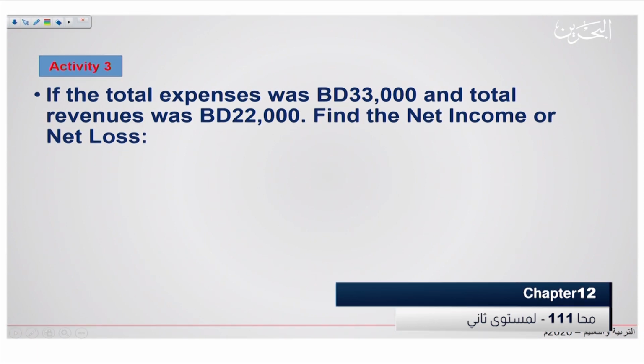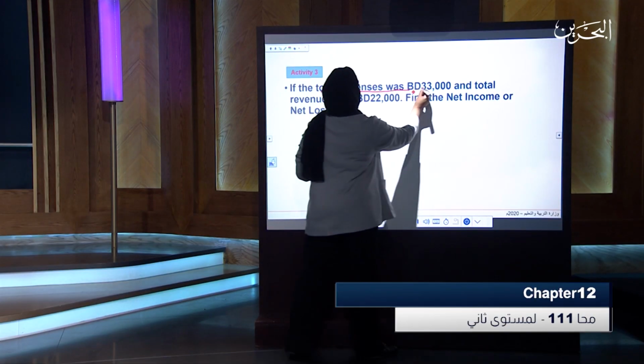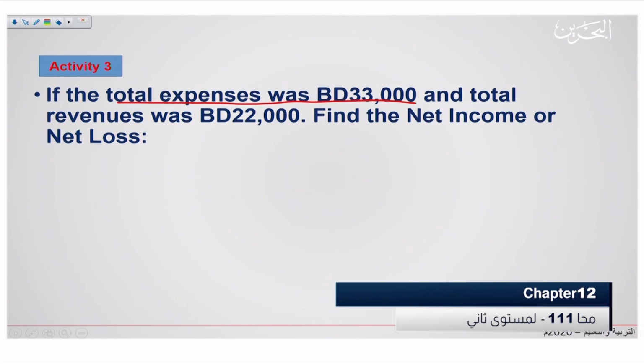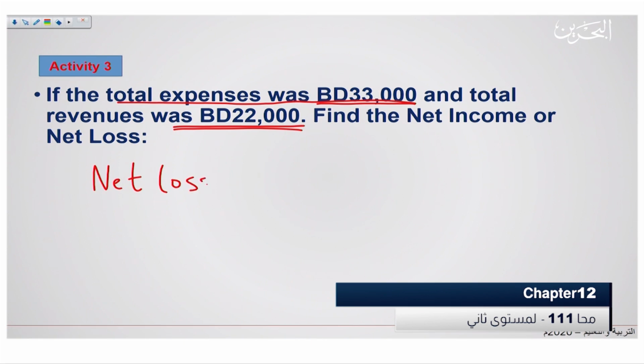Activity number 3. The total expenses were 33,000 BD. The total revenues was 22,000 BD. They want us to find whether it is a net income or net loss. So first of all, I will look at the total expenses, and as I can see, it is higher than the total revenue, which means the company is losing money. So I will write here net loss because the total expenses is higher than the total revenue,